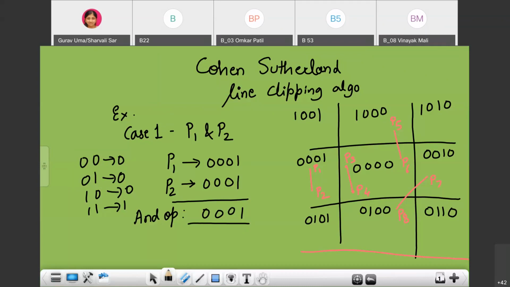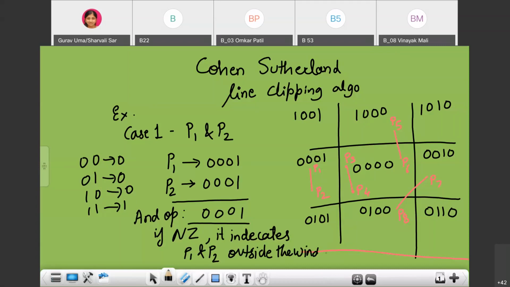So if the answer is non-zero, it indicates P1 and P2 are completely outside the window. So this is the answer for line P1 and P2.